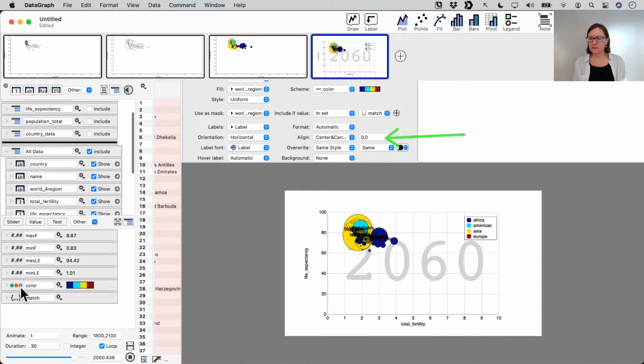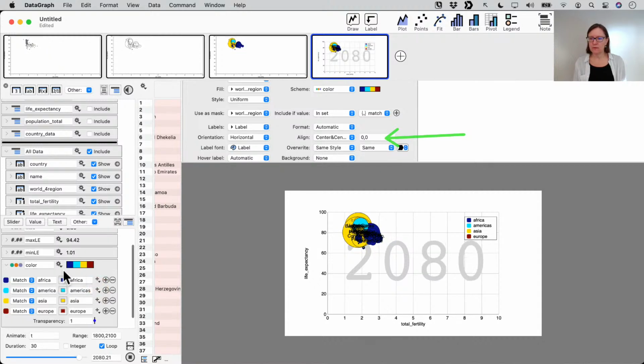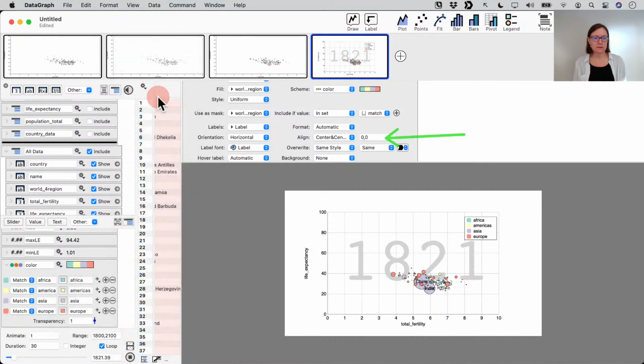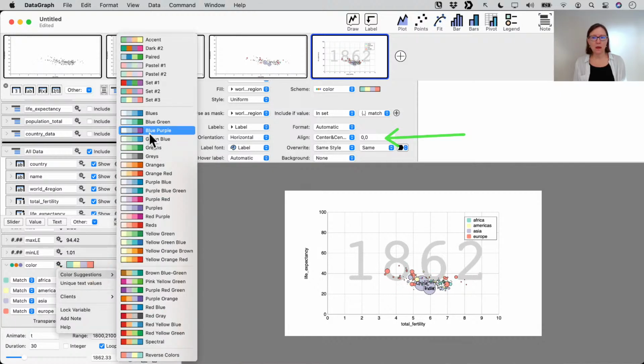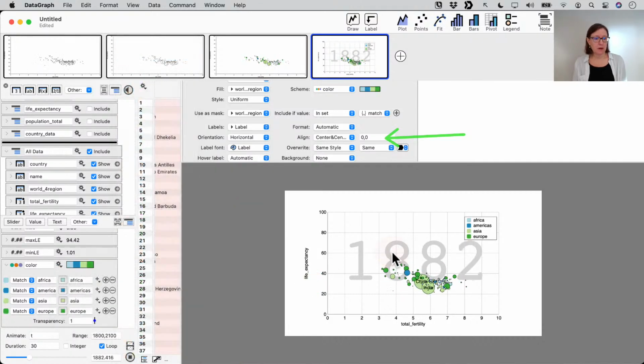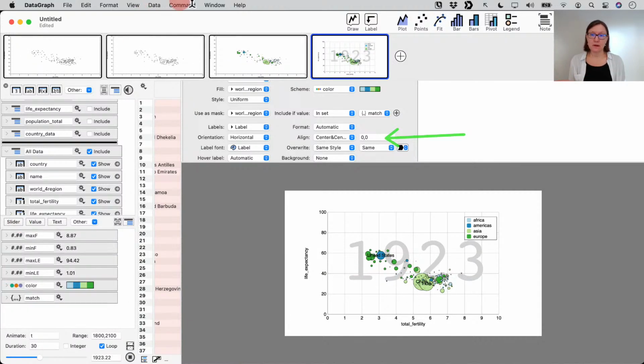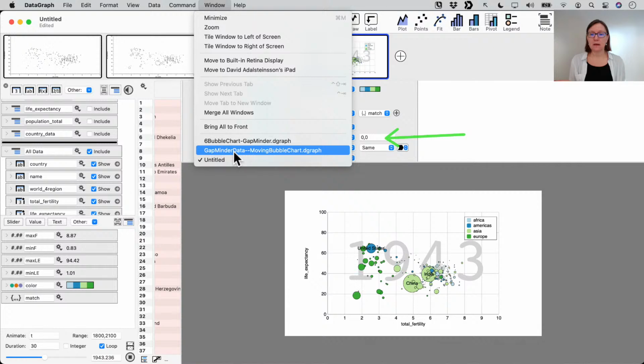Now with this color scheme, not so much though. There's a couple of these colors that are a little too dark. We can always change to lighter colors. Again, you could use the colors that I chose. And one nice thing about DataGraph is that you can always